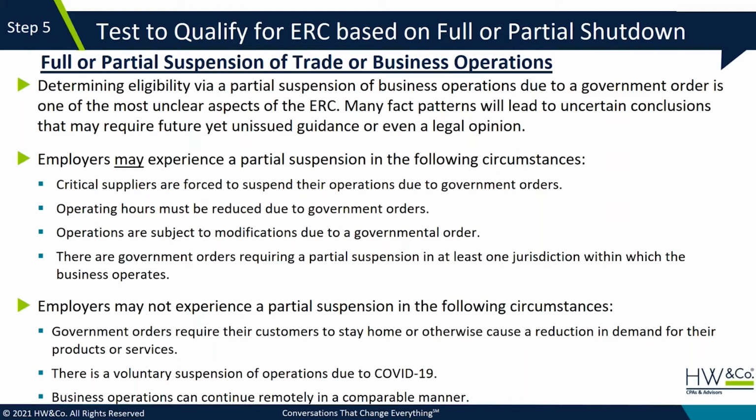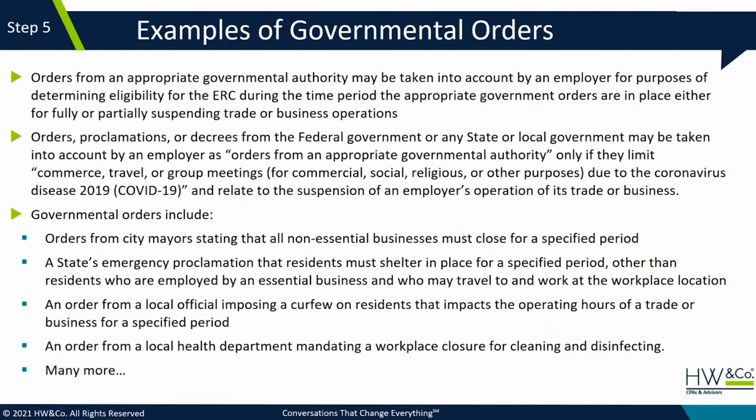years down the road, if something occurs where the IRS comes looking, you're going to want to be like, here's all our documentation. This is why we qualified, and this is why we think we were able to take the credit. So make sure you're doing all of that. Some of the government orders, you can probably read through the first couple bullets here in detail, but the last bullet here talks about orders from city mayors, state orders on emergency orders,